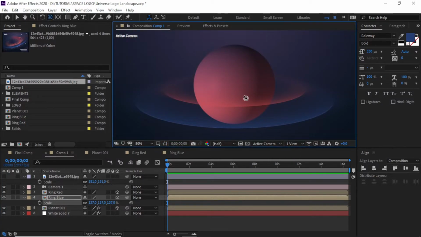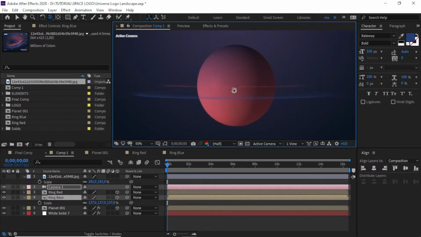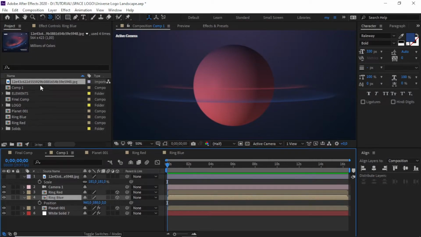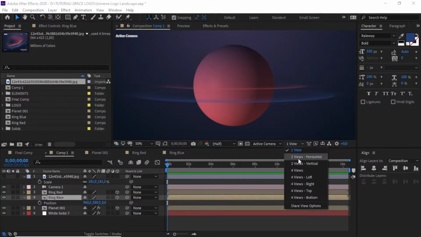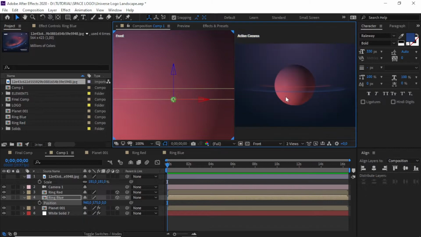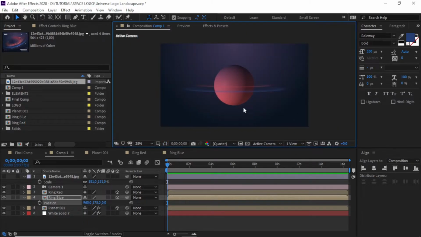Let's move our camera. Is it good or not? I think it's pretty good, but we need to make it not too far, so bring back the position, back on the front view, and make it like this. Now